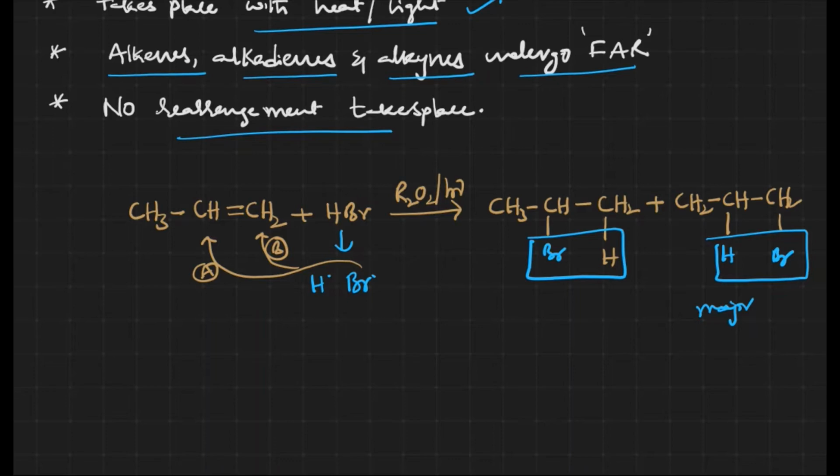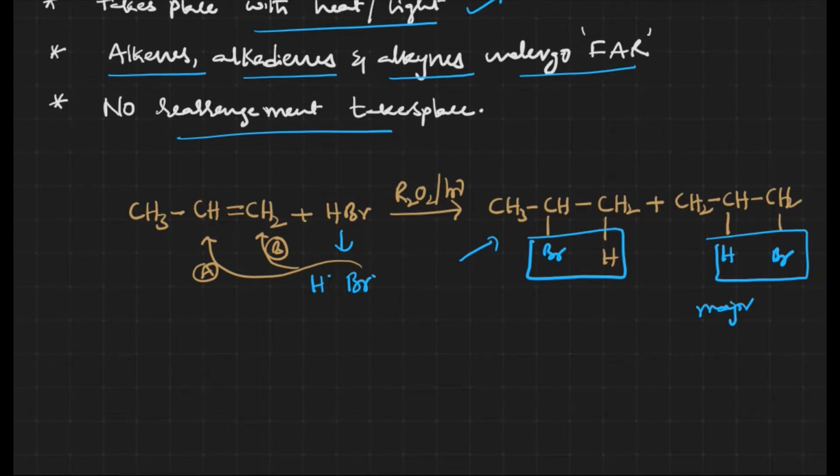In electrophilic addition reactions, we discussed that the negative part of the reagent goes to the carbon which has fewer hydrogens, giving the most stable product. But in the free radical addition reaction, it is going to be the reverse. According to the Markovnikov rule we discussed bromine at the carbon which has fewer hydrogens, but here it is the reverse of that. That is the anti-Markovnikov rule.